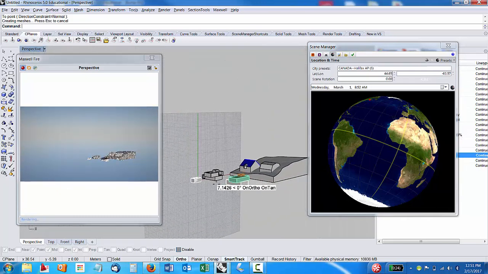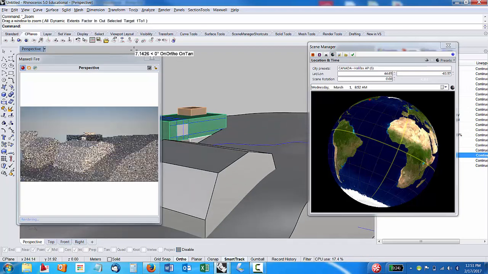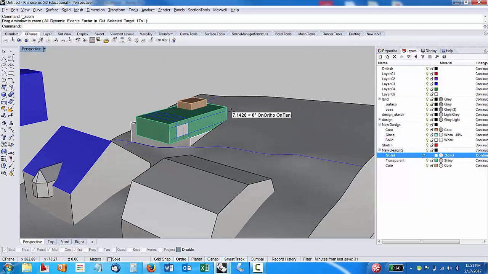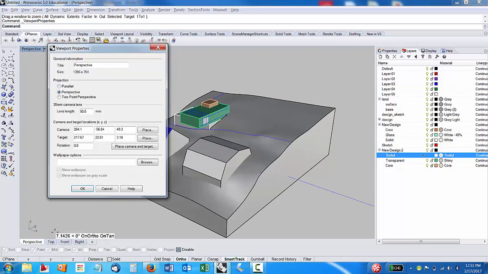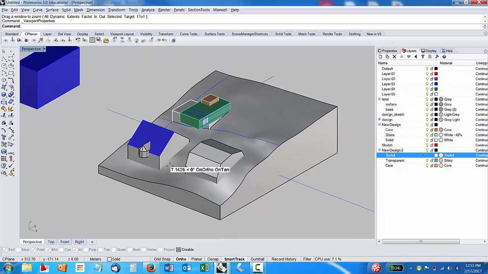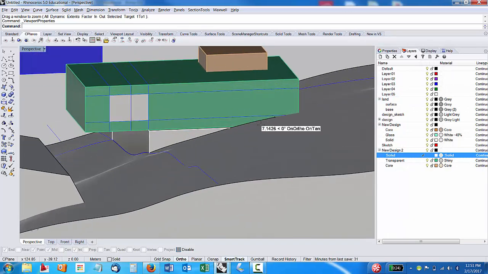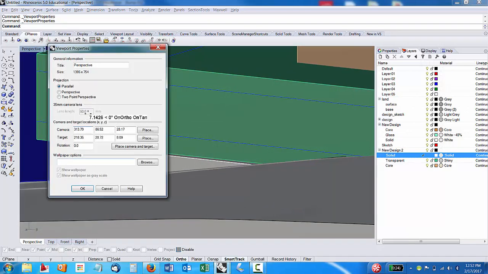So one final thing, you can do different kinds of views. If you want to do an objective 3D view, you can go here, say viewport properties. If you change the parallel perspective, that makes a nice axonometric view. One of the things about perspectives, so I'm going to go back into perspective to a 2-point perspective. You always want to be cognizant of where your eye level wants to be,